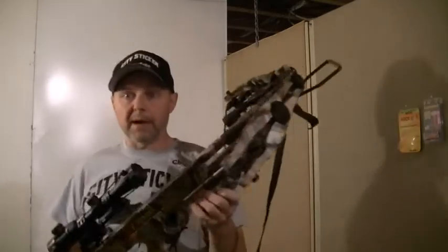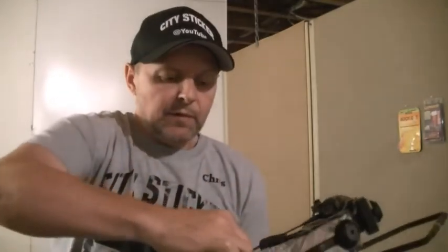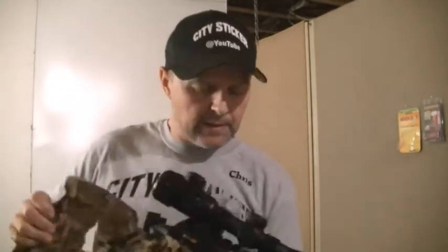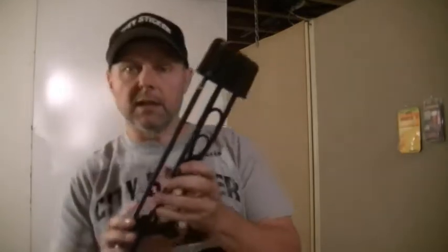if I break out a crossbow, I have this guy here, PSE Fang. Now it shoots about 345 feet per second. Pretty decent bang for your buck as far as money goes. I upgraded the scope. I wouldn't say I didn't particularly like the scope, but I thought I was having problems with the scope holding zero, so I went and this is actually a Center Point scope that I picked up at Walmart. It has a lighted reticle, green and red in there,